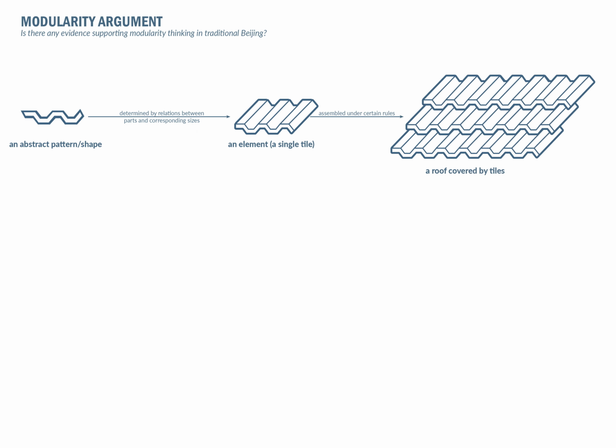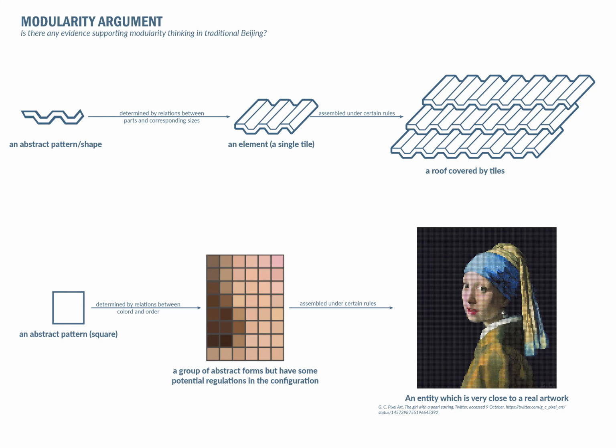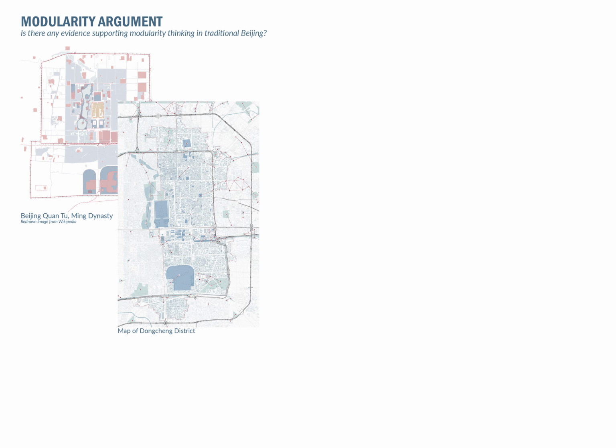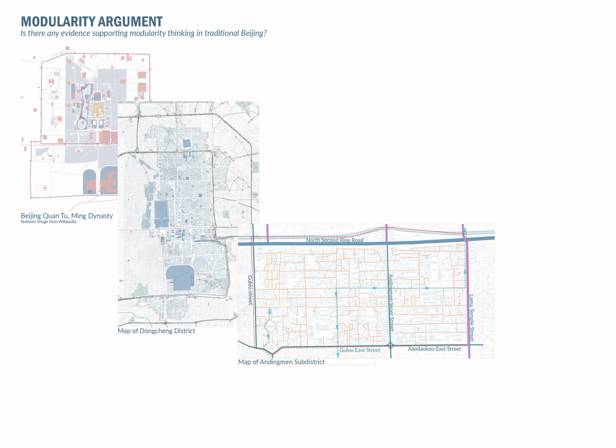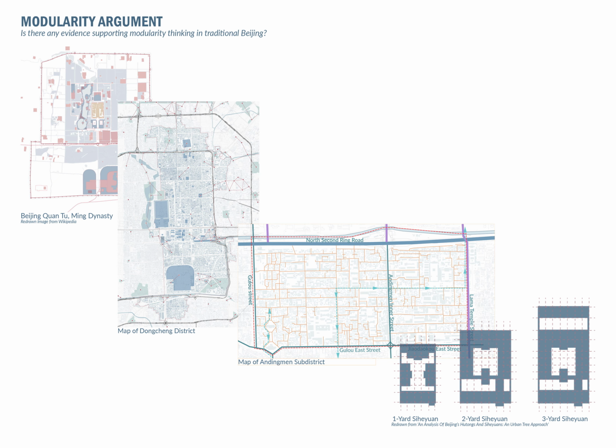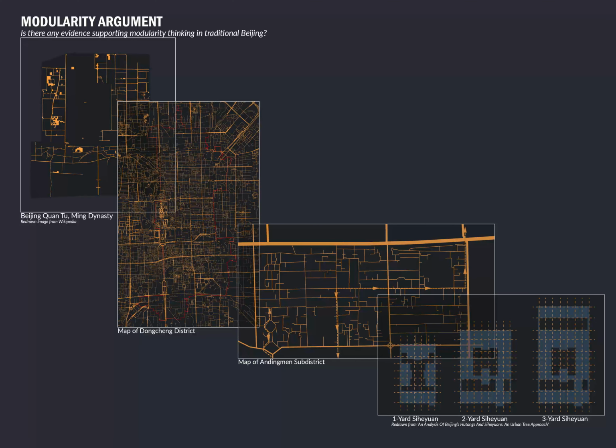When we give an abstract pattern or relation and assemble them under certain rules, the module as a unit of a system can represent a collective entity, such as the relationship between tiles and the roof. And similar logic can be found in bitmap painting. When looking at the city texture on various scales in Beijing, we can see that the regular shape repeats and the highly divided units distribute from north to south. It indicates the basic form of my modular system, square.